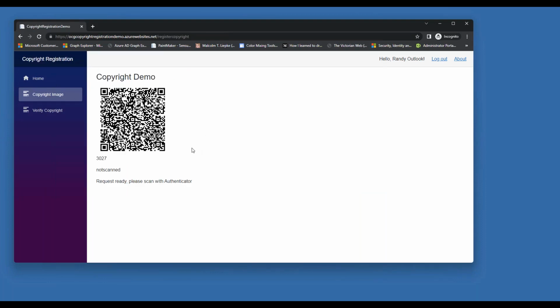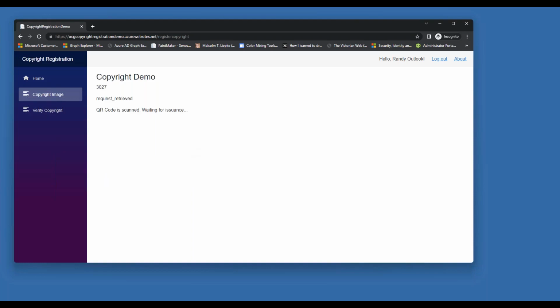While that's uploading, it uploaded the image. Now it's going to give me a QR code. Now what I'm doing here, which you can't see, unfortunately, is going to my Microsoft Authenticator app, and I go to credentials, and now I'm going to scan the QR code. So I'm scanning the code now. You can see that this is going to change. So now it's going to ask for